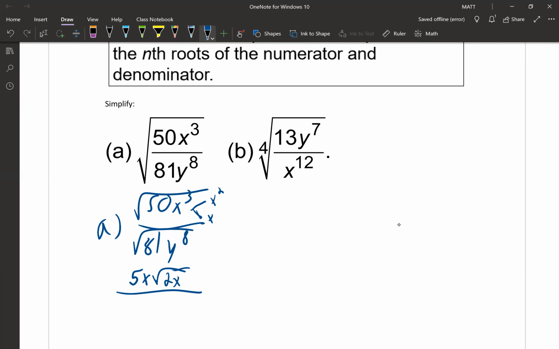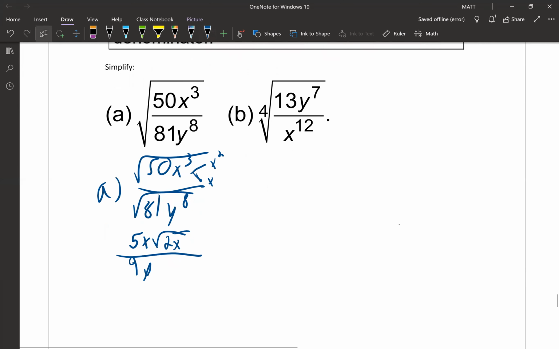Over the square root of 81 is 9. The square root of y to the 8th is y to the 4th power. Okay. Now we can do the same thing with b,